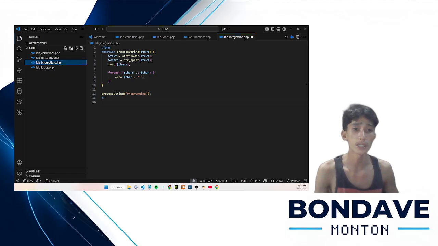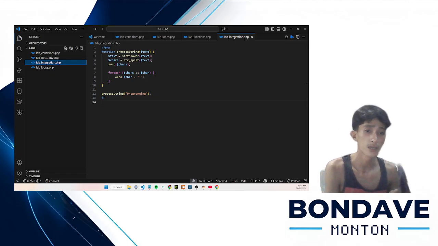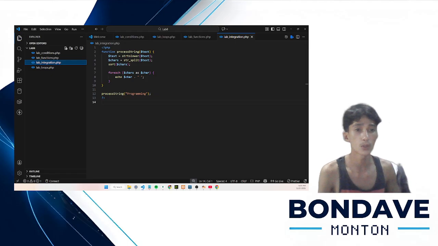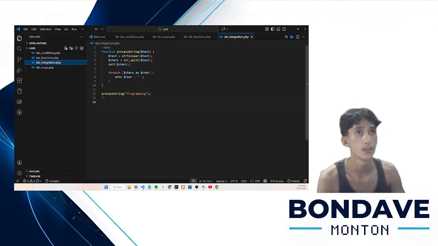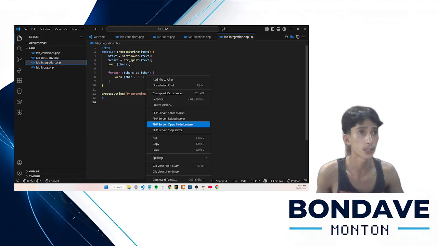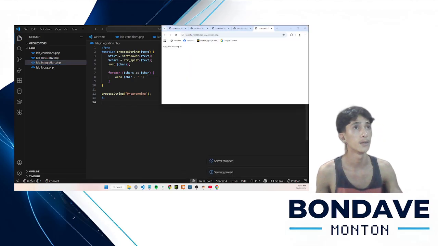Now, this string is converted to lowercase, split into characters, sorted, and printed using a loop. So yeah, let's try to run it.